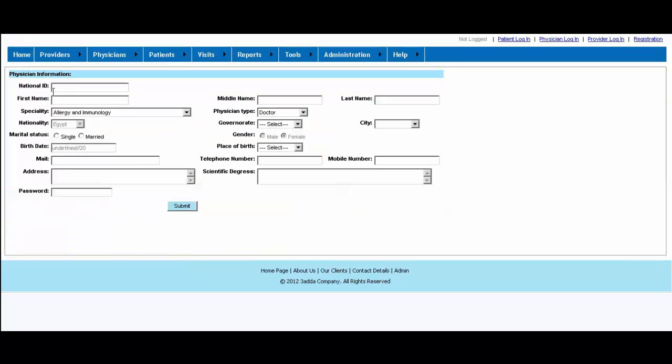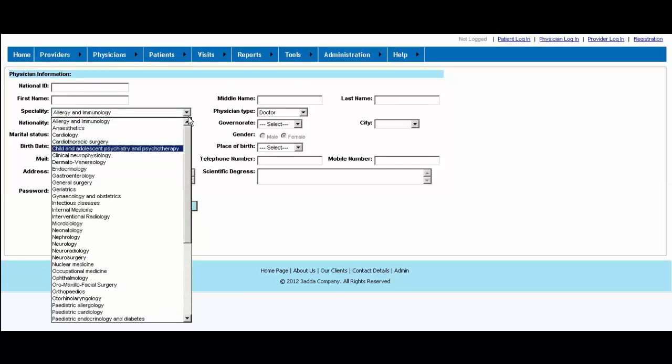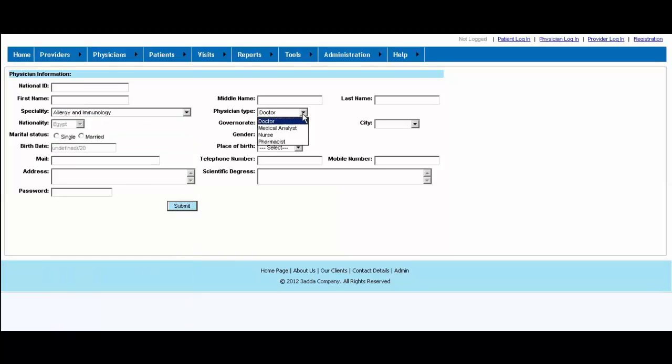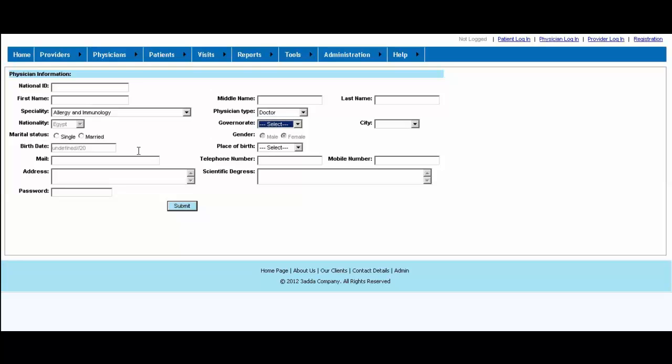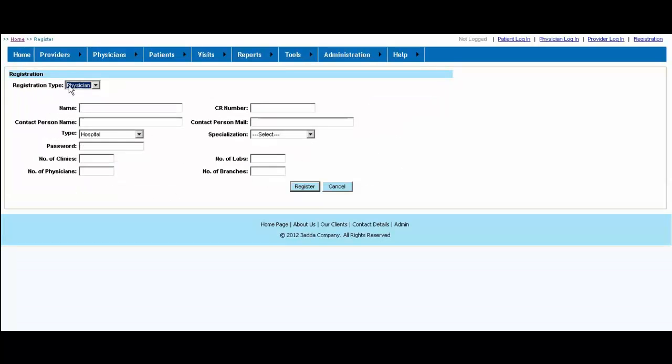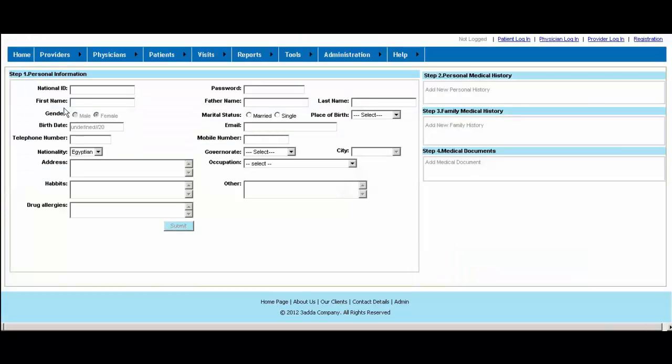So for the physician, these are the fields required: the national ID, the name, full name, the specialty, the physician type, if a doctor, medical analyst, nurse, or a pharmacist, the governorate, the city, marital status, the gender, and so on. For the patient, the fields required are also different, so you have to input the national ID and all